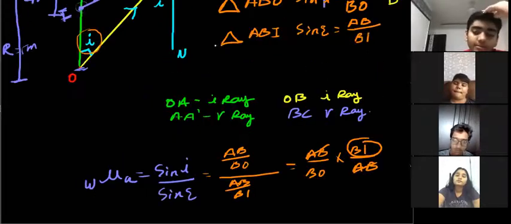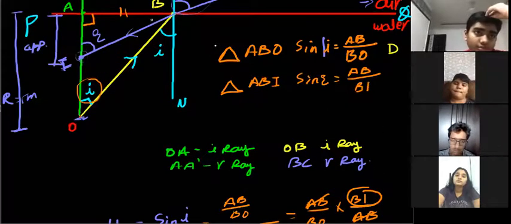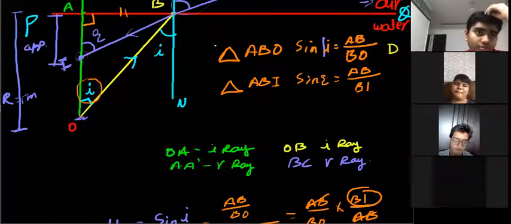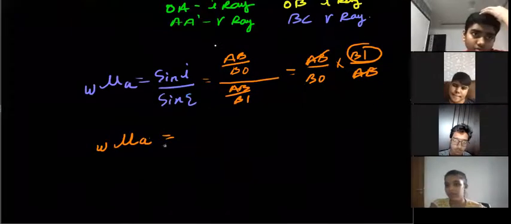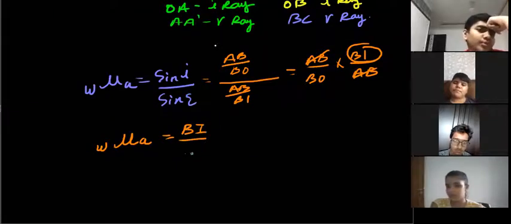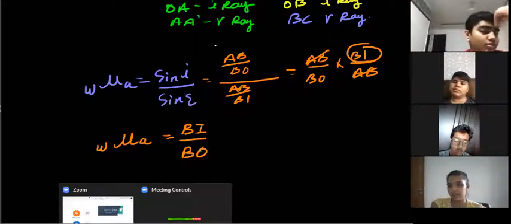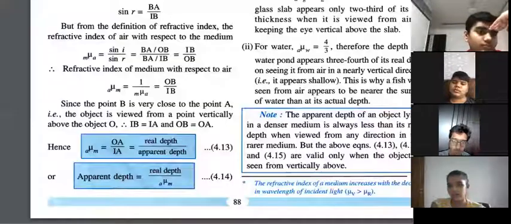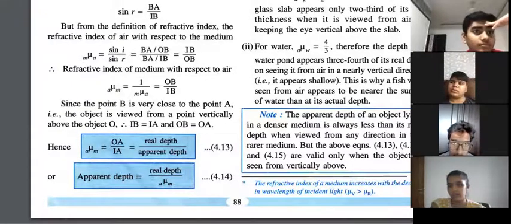Now let's see what is BI. This is our BI. Okay, I'll show it to you what it means. Equals to BI upon BO. Everyone clear up to here? Okay, यहाँ पे let's see in your textbook also they must have the same thing. ये रहा BI upon OB. BO लिखा है, इन लोग ने OB लिखा है. Everyone clear up to here, right?